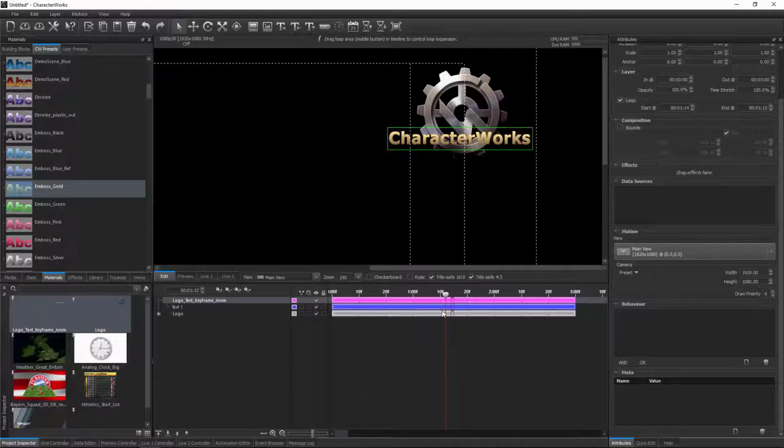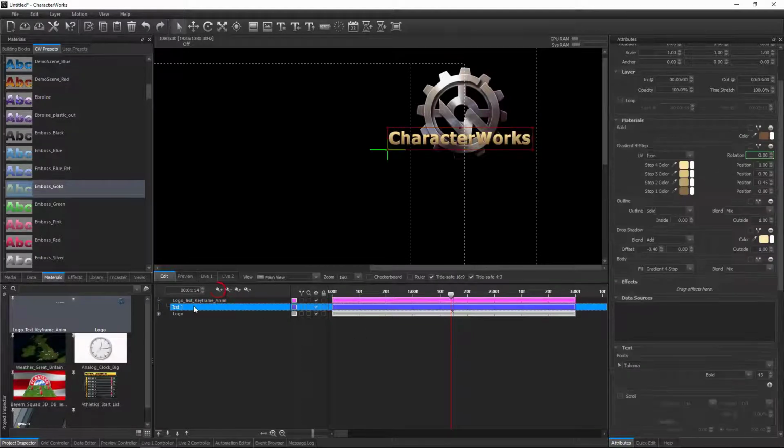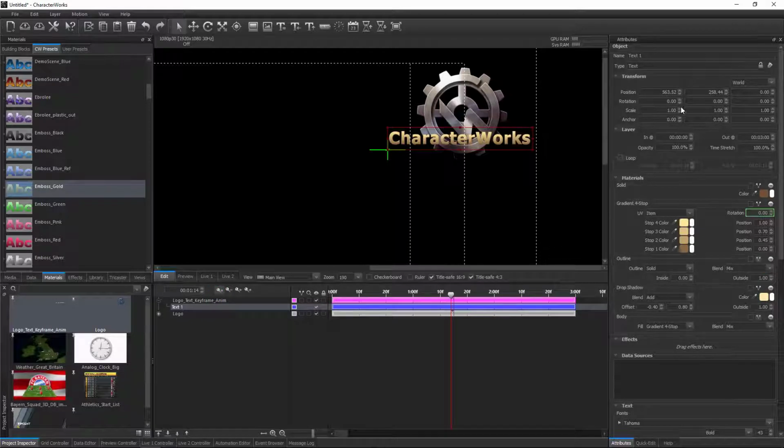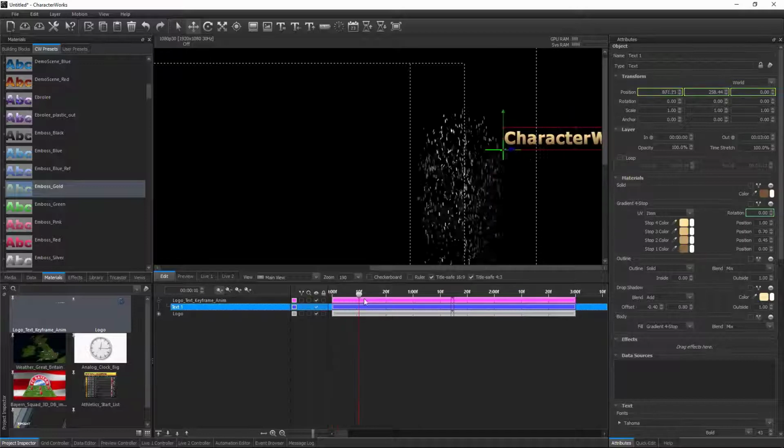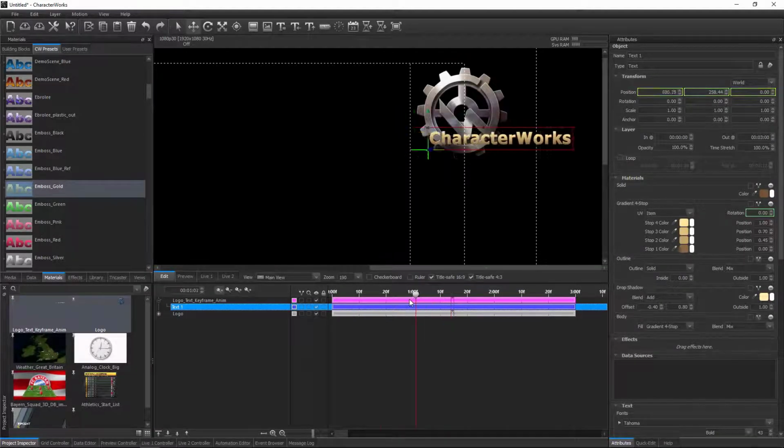Moving to the frame just before the start of the loop and activating set key mode. When the set key mode is enabled, any changes made to the value of an attribute will cause a key to be created for that attribute. Modify the position value just a tiny bit to make sure a keyframe is created. Then, we move to the beginning of the timeline and move the text outside the screen, which will cause another key to be created at that time. We managed to create a very simple keyframe animation.